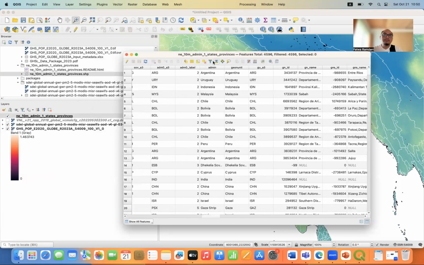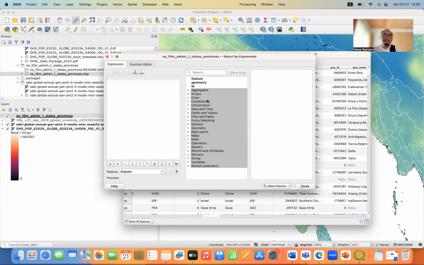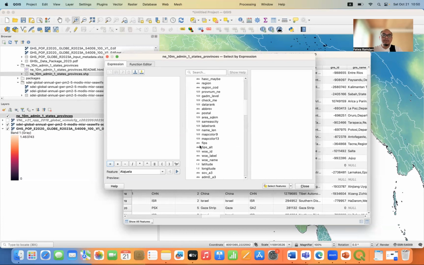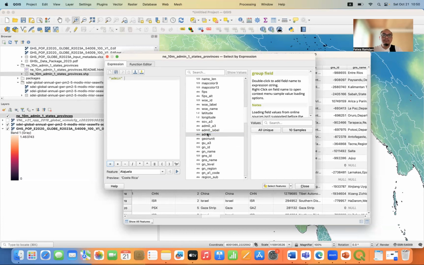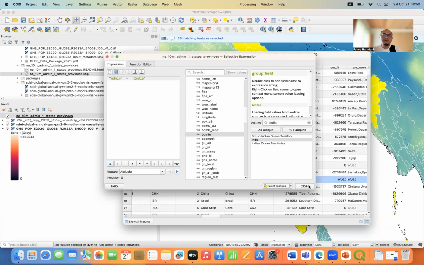Okay, admin. You go to the admin column. Open again. Go to fields and values. Go to admin. In values, just type India. Click all unique. Okay, it's already available. So in the expression, we input admin equal India. This expression means within the column of admin, select only India. Okay, select the features, close it,